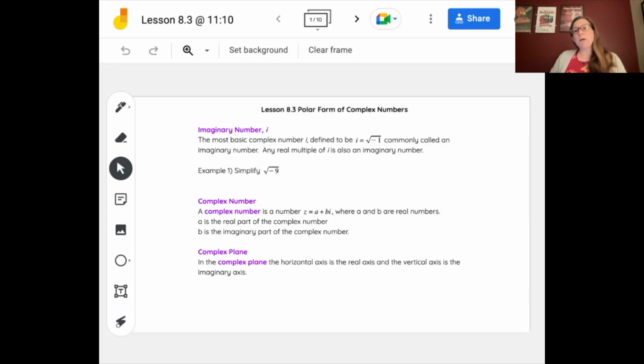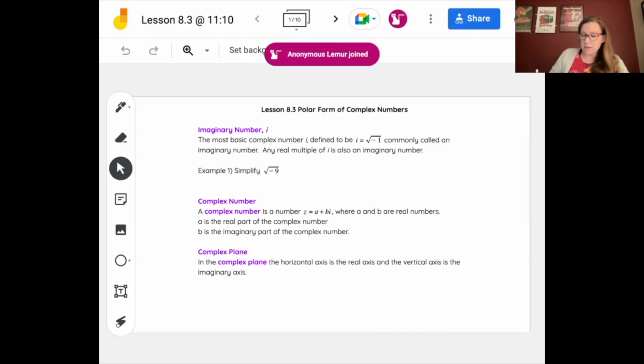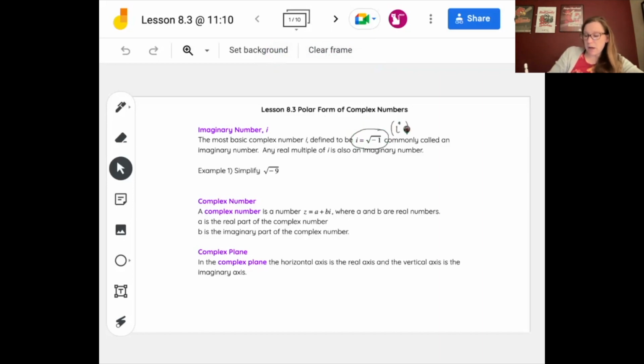So when we talk about an imaginary number, it is when we have i is equal to the square root of -1. We also can take, and if I were to square both sides, i squared is also -1. And so we will commonly use both of these versions